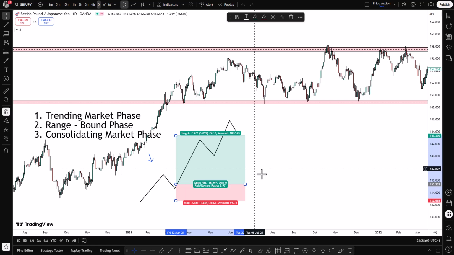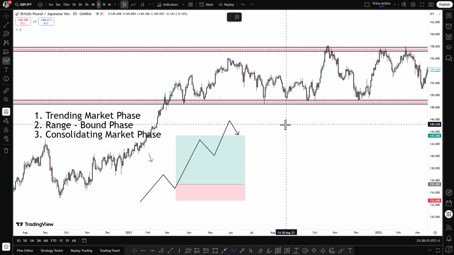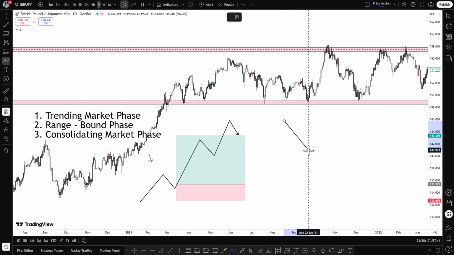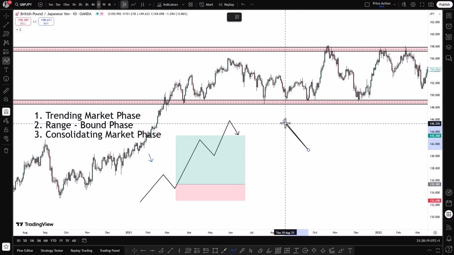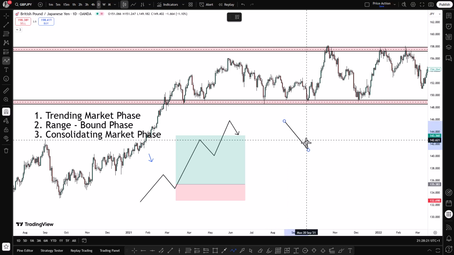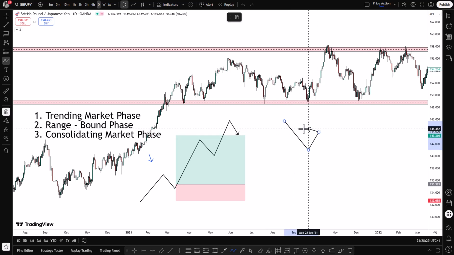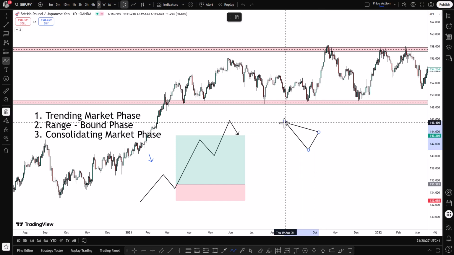The same thing could be said for a downtrending market phase. It's just flip the script and it's the opposite. For a downtrending market phase, usually price is going to form a low. It's going to start from, let's say, an origin point high, for example, and then it's going to form a low. And then it's going to form a high, which is ideally supposed to be lower than the origin point